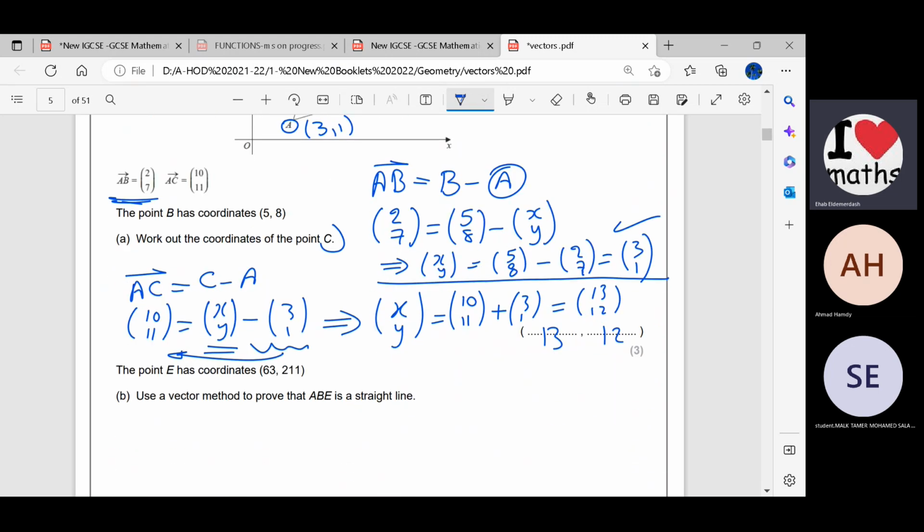What are they saying? They are saying the point E has the coordinate of 63 and 211. Use the vector method to prove that A, B, E is a straight line. طيب, what is the vector A? مين يعرف الفيكتور A؟